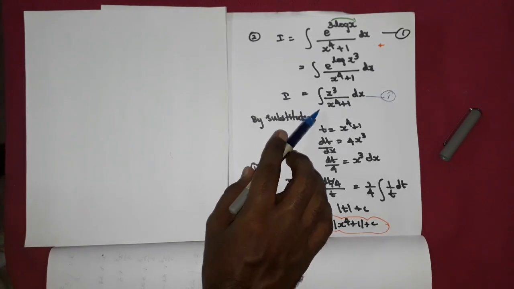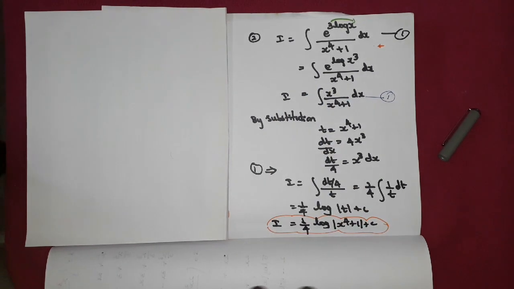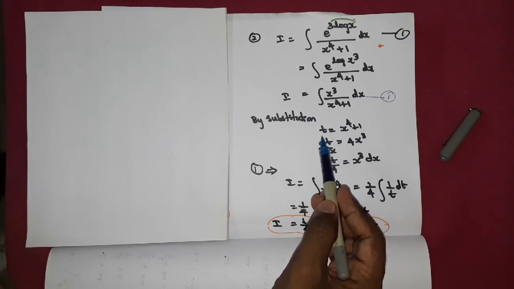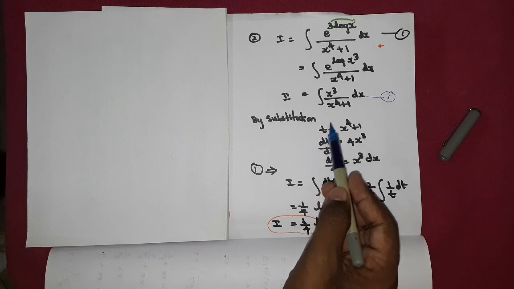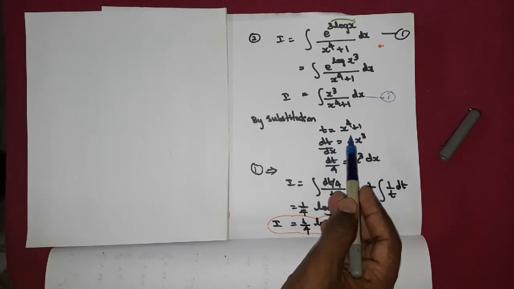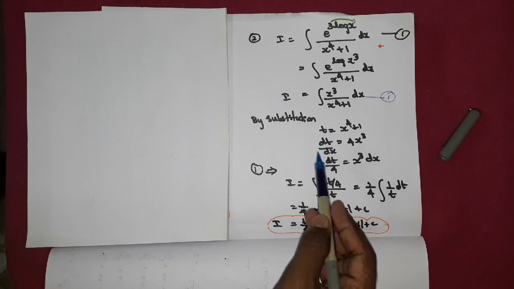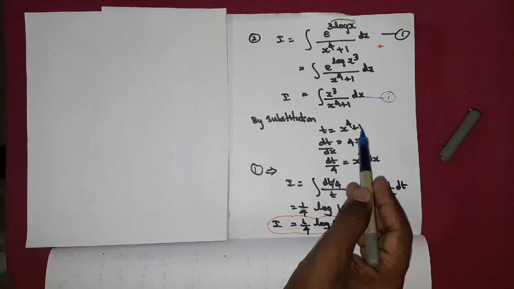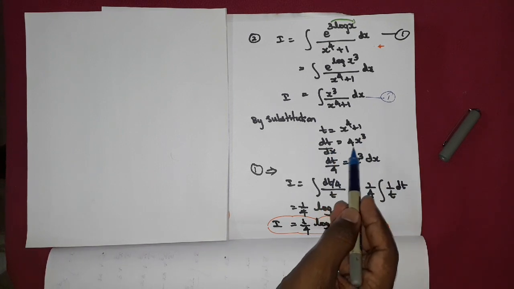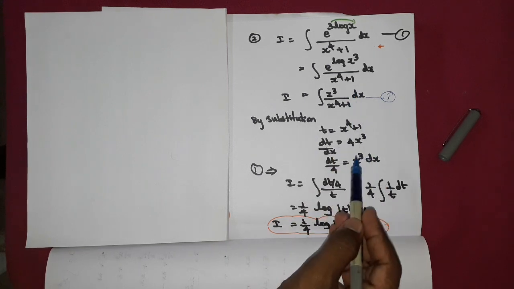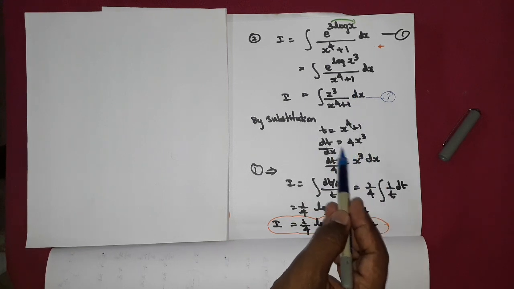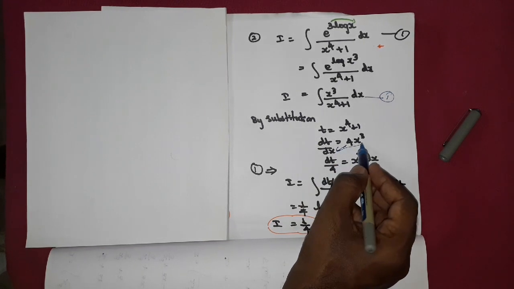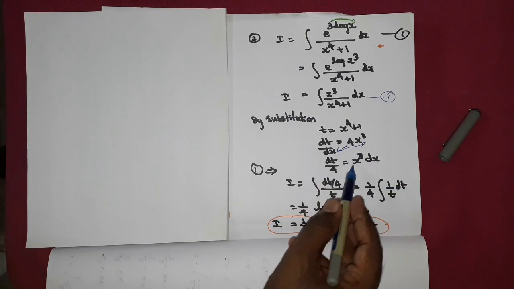Right. In this one, in the integral, do you see any composite function? No. Normally we have a denominator and take that denominator as t. Okay, let's differentiate and check whether we get the numerator as answer. So t equal to x power 4 plus 1. So this side when you differentiate, you get dt by dx equal to x power 4 when you differentiate 4x cube, and 1 when you differentiate 0. So leave it. So this x cube only we have in the numerator, but here we have 4x cube. The 4 we don't want here. So take the 4 to this side, and dx to that place. So dt by 4 equal to x cube dx.